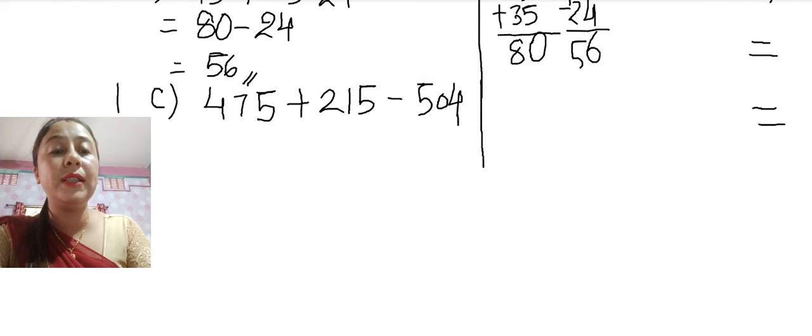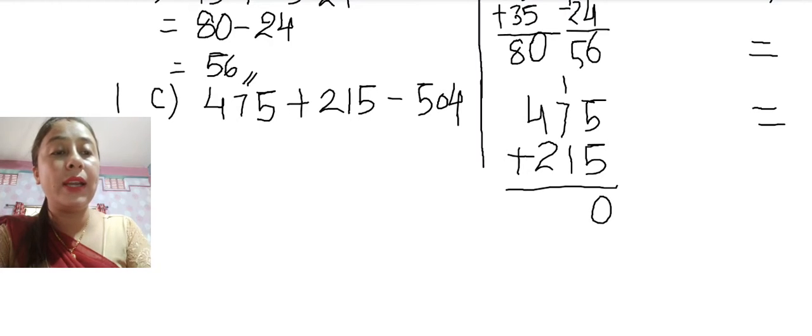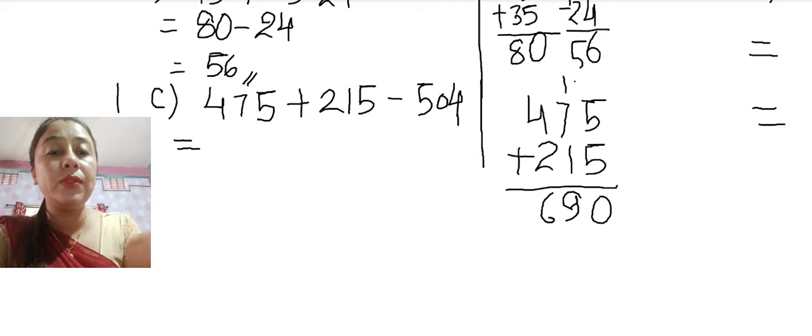It is a 3-digit number. So we will place a number according to its place value. So 215 we will add. So when we add it, 5 plus 5 is 10. 0 I will write here. 1 I will write here. 7, 8 and 9. 9. Yes. 4, 5, 6. So 690 I got. So I will put an equals to sign and I will write 690